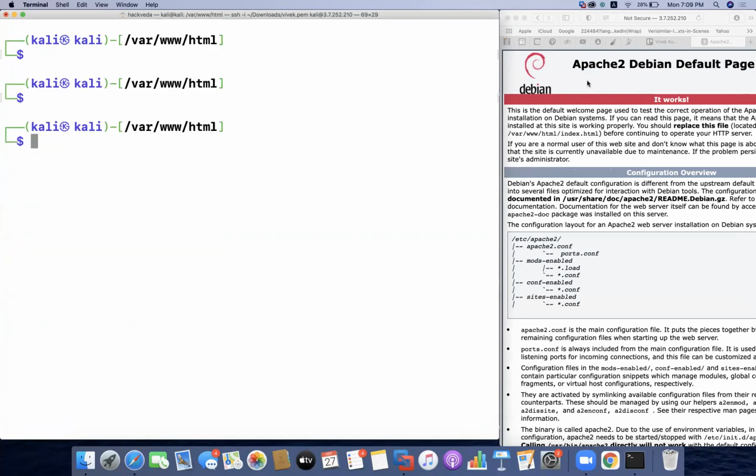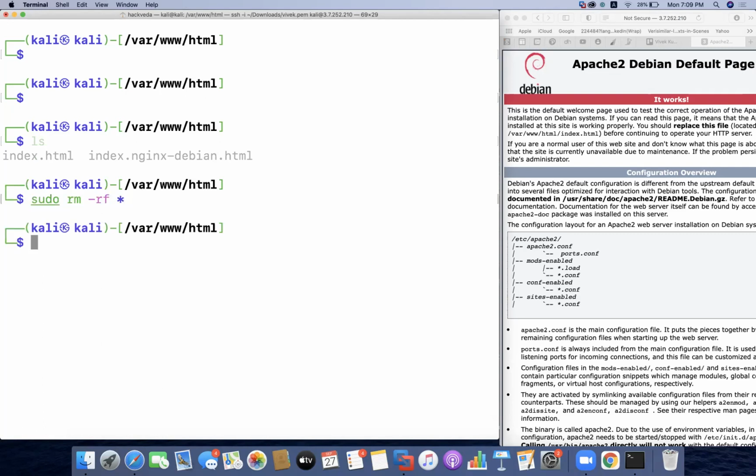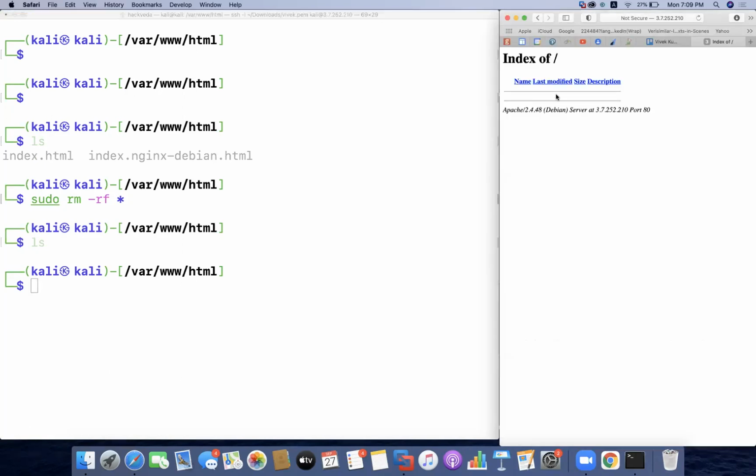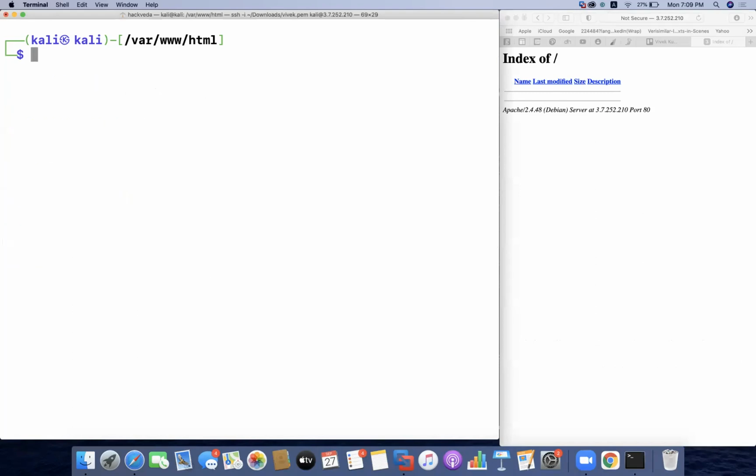So now you can see that it will show me that it's a blank server. Okay, I will rerun it and check if it has been removed. No, it has not been removed. sudo rm -rf *. Okay, so now the files have been removed. I'm going to run it again, and now you can see that the server currently does not have any file here. After cleaning this server, all my files will be maintained on this server and we will be accessing them.